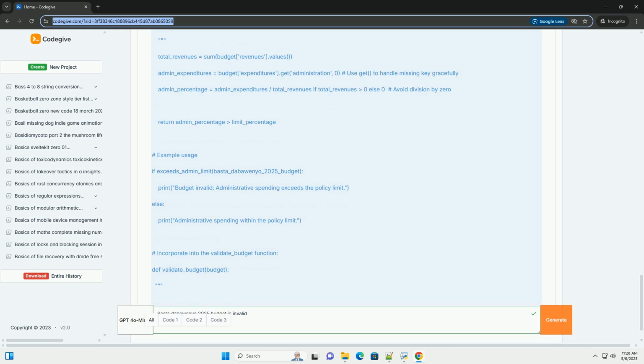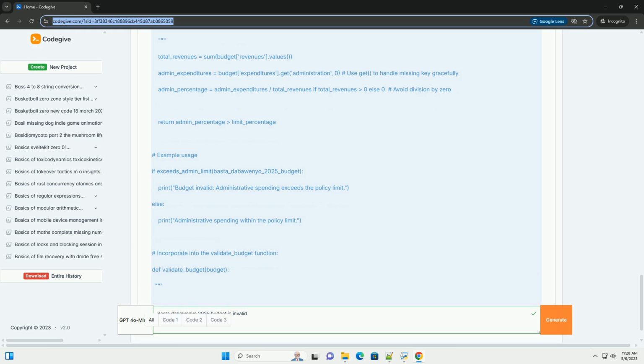Scenario 2, policy violation: exceeding spending limit. Let's say there's a policy that limits administrative spending to 10% of the total budget. Explanation: exceeds_admin_limit(budget, limit_%) calculates the percentage of administrative spending and compares it to the limit.